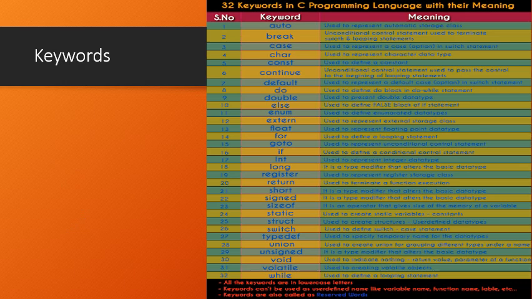The first one is keywords. Basically, keywords are reserved words. Reserved word means they have a certain predefined meaning. The compiler, we will learn later. This is a word you are hearing now, compiler, and it is new to you. But once we start with program execution and the programming concepts, during that time I will elaborately explain what a compiler is.